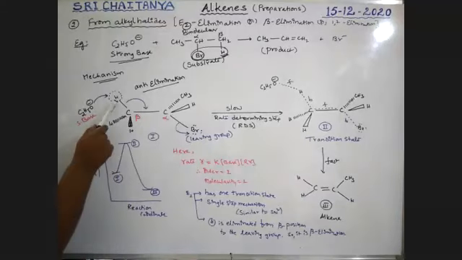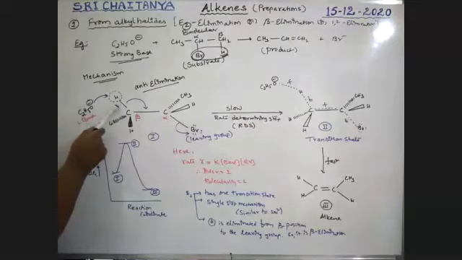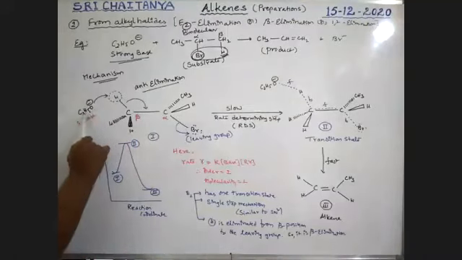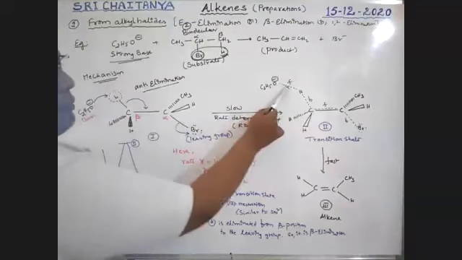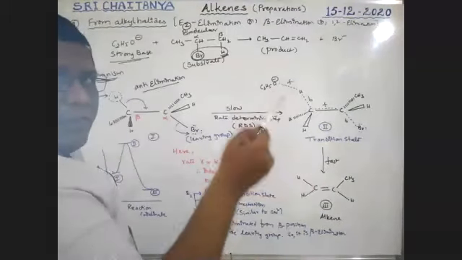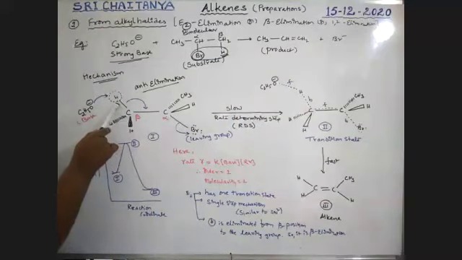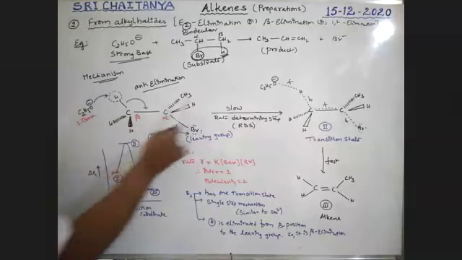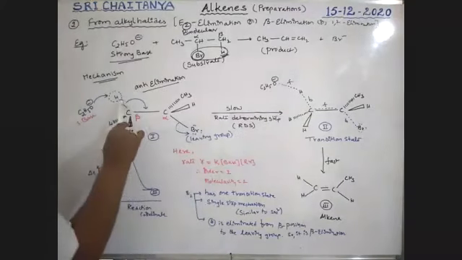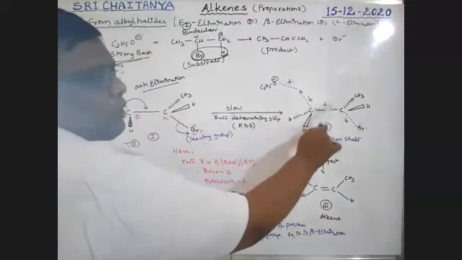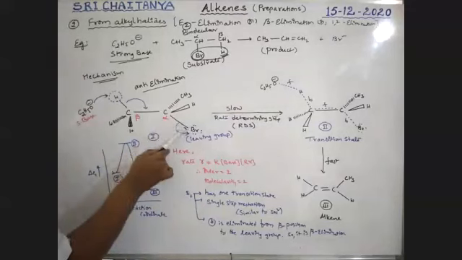See here, the bond between carbon and hydrogen is slowly weakened, and that bond is going to break. A bond is formed between this base and hydrogen. A new bond is formed. F means formation, B means breaking. Here the bond is going to break, so I am marking it as breaking. Here a new bond is formed between the strong base and hydrogen, so it is a formation, boys. Now this bond migrates here, and a pi bond is formed here. This is formation, boys. Now this bond is going to break.